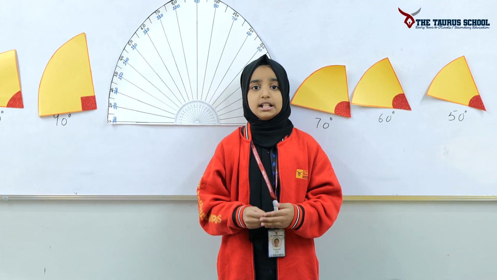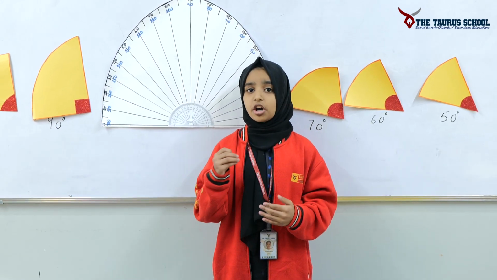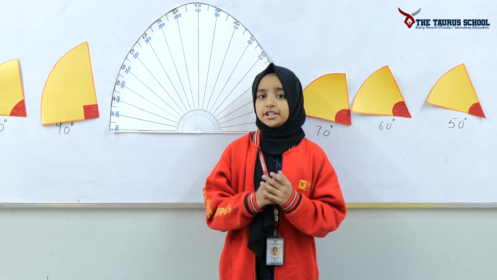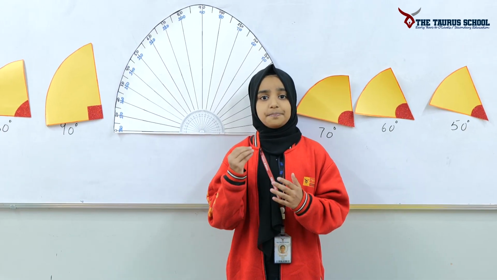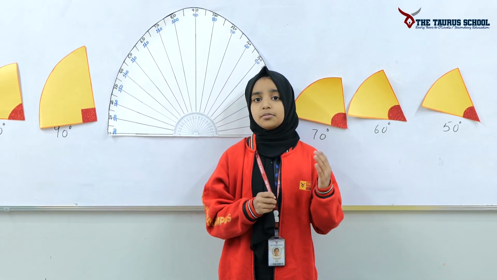How can we tell whether an angle is big or small, and how can we measure the size of an angle? To identify an angle, always focus on its opening. If the opening is big, that means the angle is big, and if the opening is small, the angle is